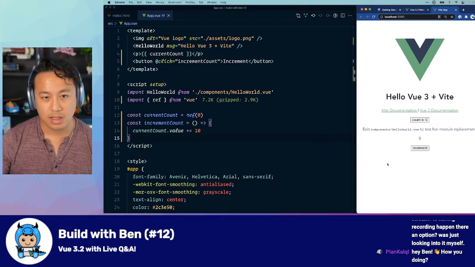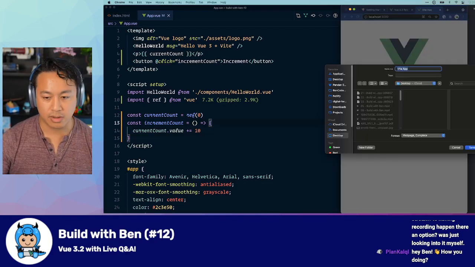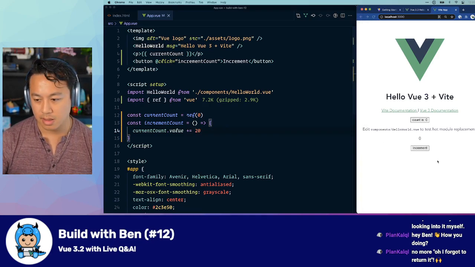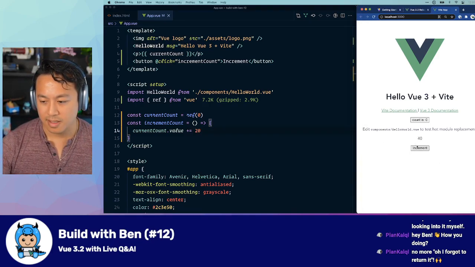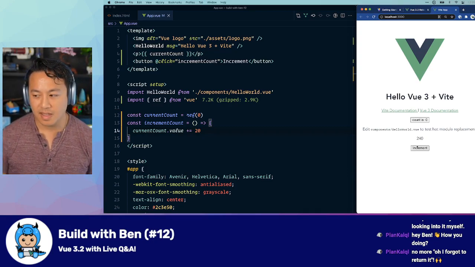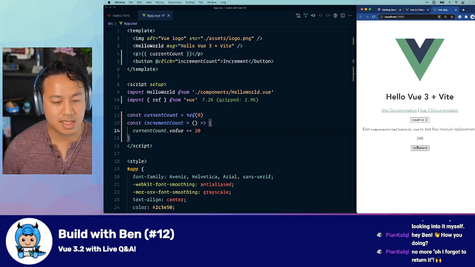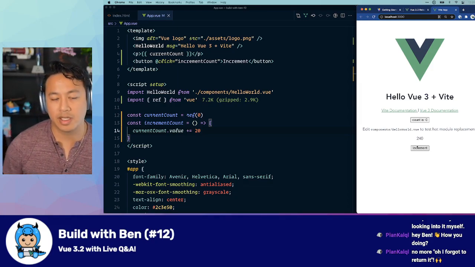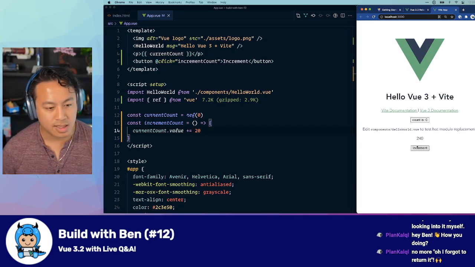7 lines. So if I save this and refresh, and to show you nothing has changed, whoa, I did not mean to hit that. Let's make this 20 instead. So now you'll see 20, 40, 60, 80, boom, boom, boom, boom, boom, done. And to Plan's comment here in the chat, absolutely right. There's no more "I forgot to return it." I need to do this now. Like it just